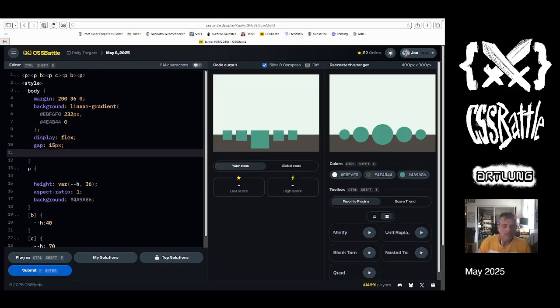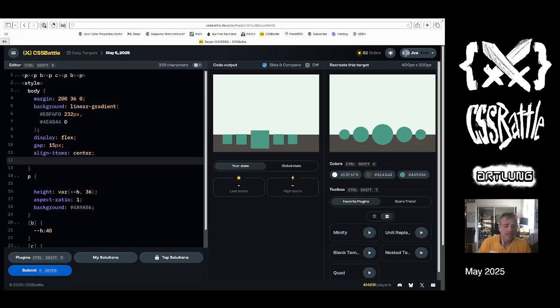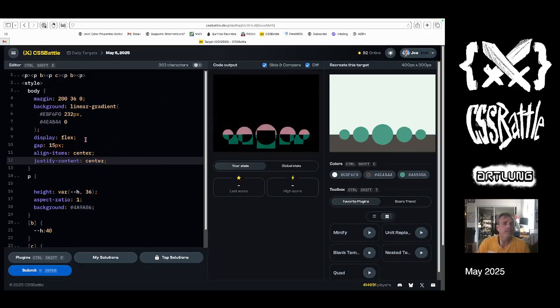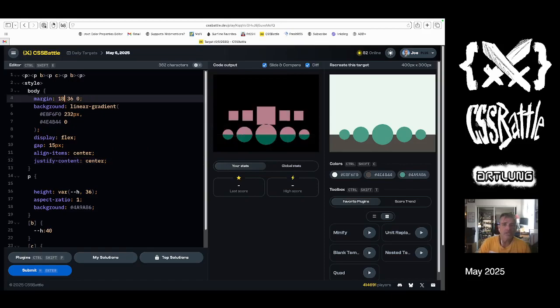So strictly speaking, align items, center, justify content, center. Kind of gets you what we're looking at there. Let's decrease some of these numbers. 180, 170, 160, 159, 58, 57, 56,